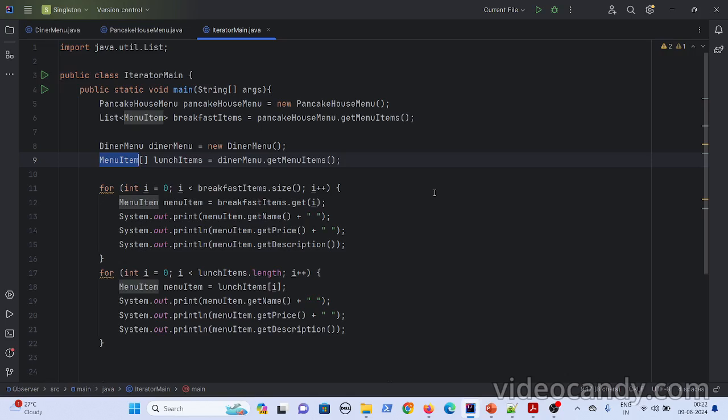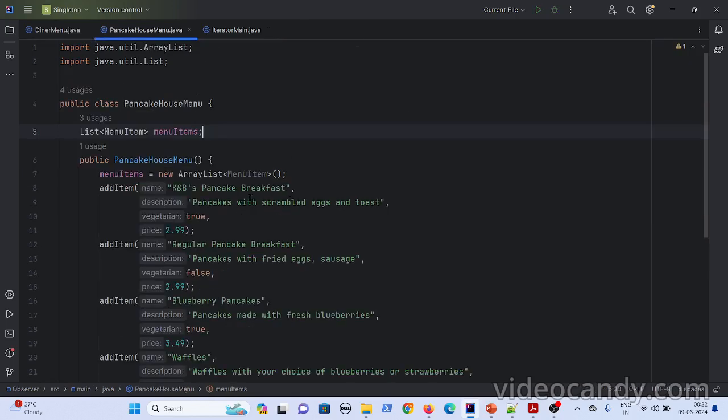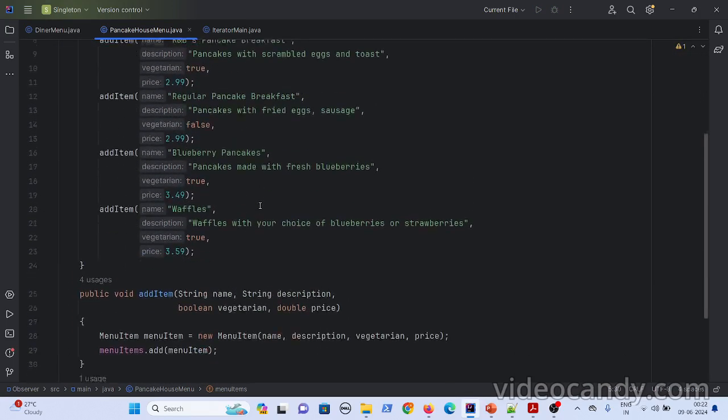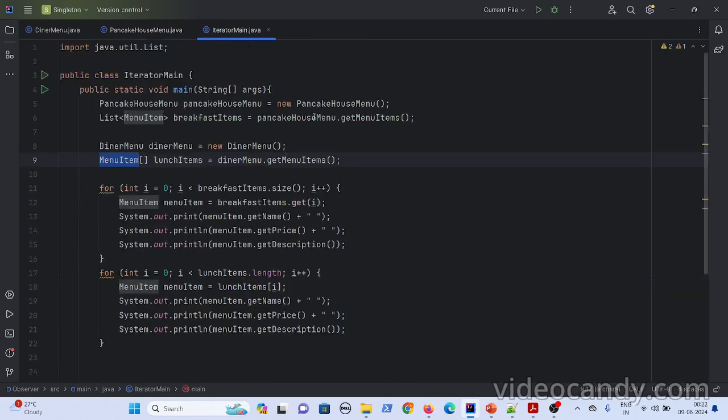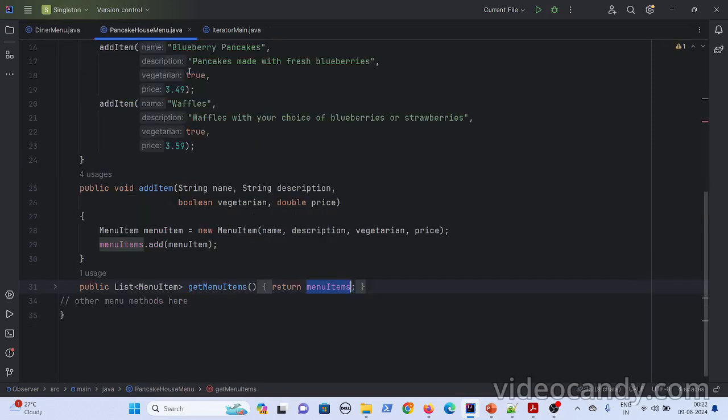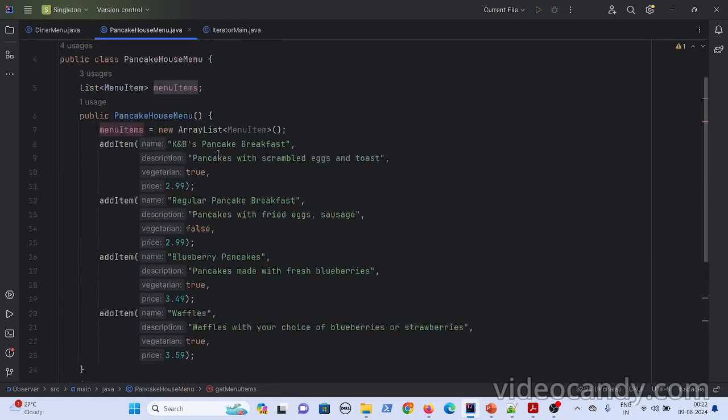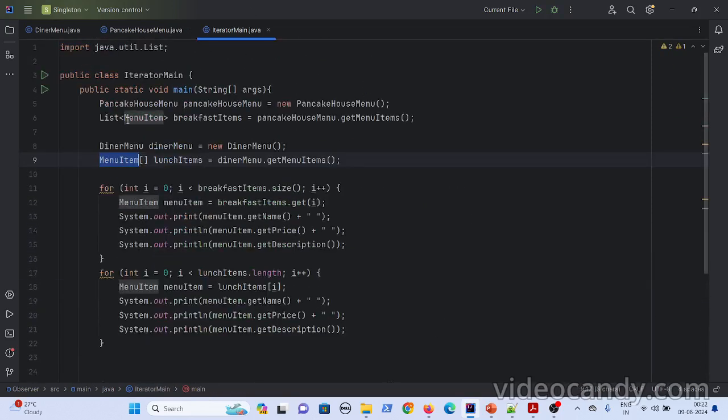Now with the iterator interface, what you will do is, if you see here in the pancake menu, you are giving the menu items to the external class. Here, it is calling the get menu items, and then it is fetching the list of pancakes. On that list you are running the traversal logic. Basically you are giving your complete aggregate or the collection to the external person, which should not be done, right?